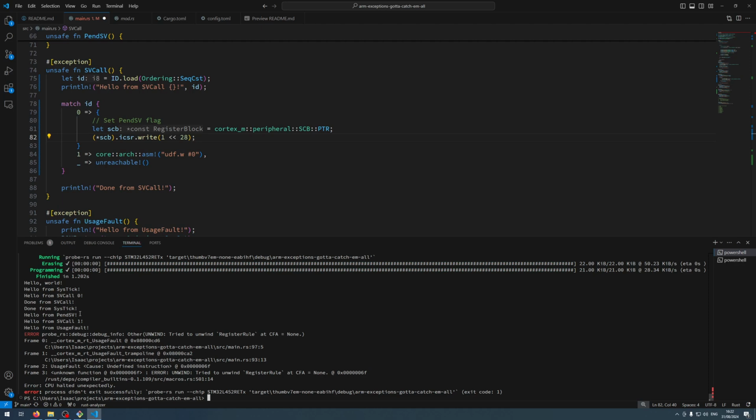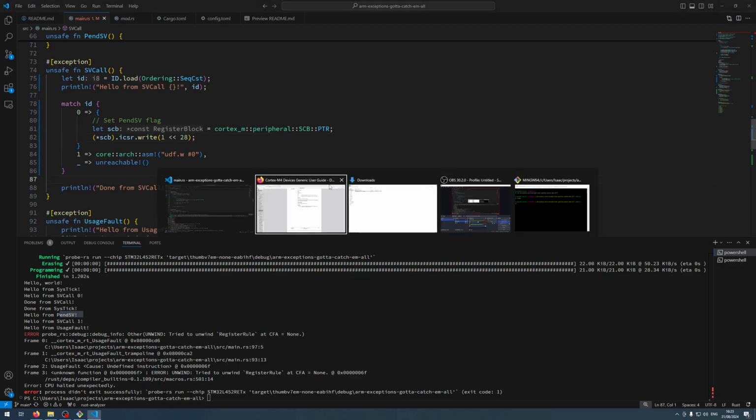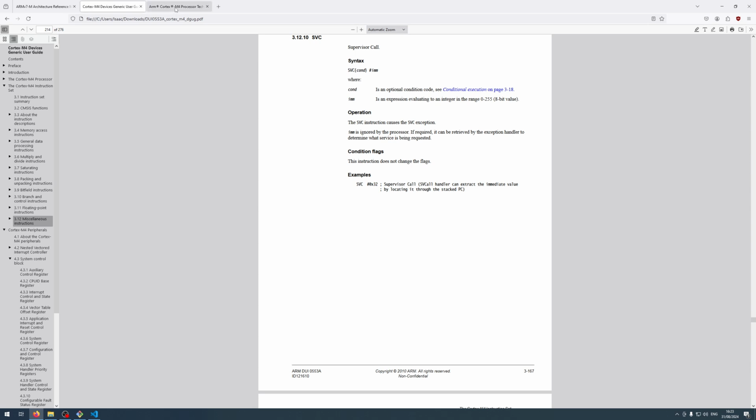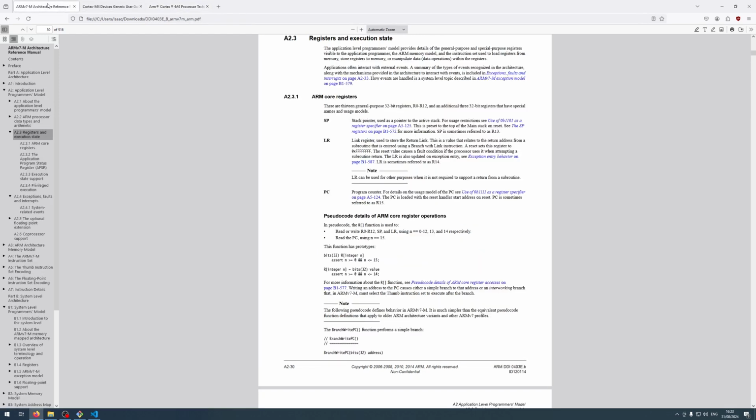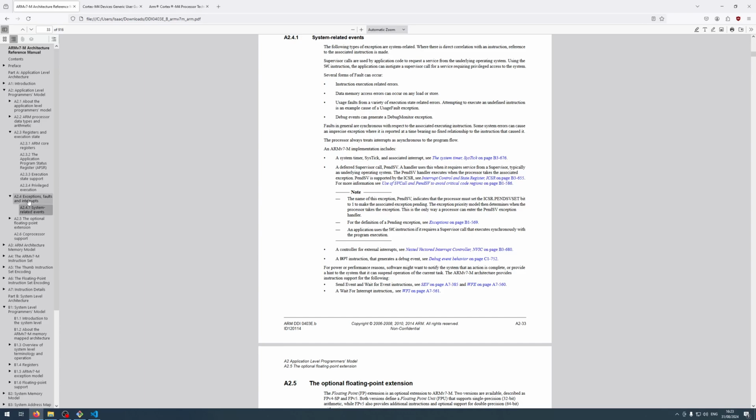So I'm not sure if this is a limitation of the PendSV, or that it's just by design that it only works when going from exceptions back to regular code. But maybe we can tweak the priority of it to get it to trigger while the SysTick is still active, still on the stack. Let's see if we can find something about this in the documentation, because I'm not sure. So let's see. I think this was the one with